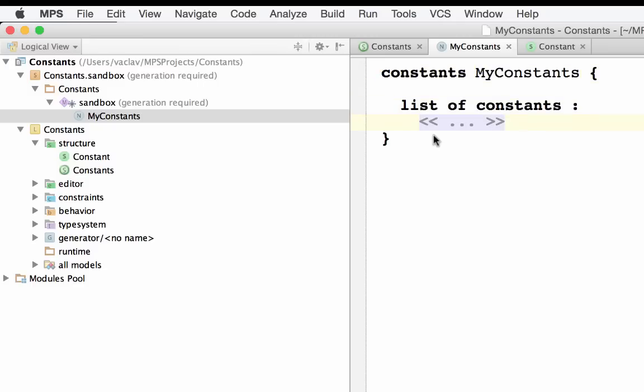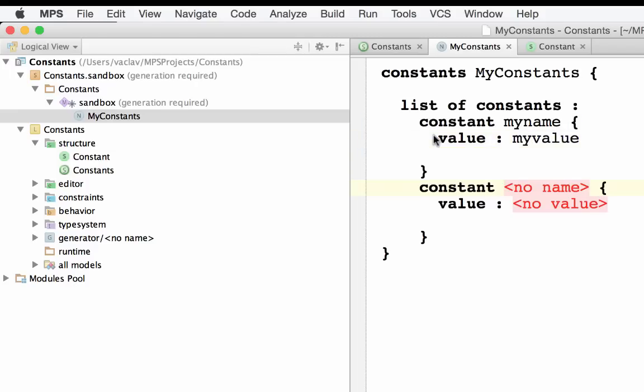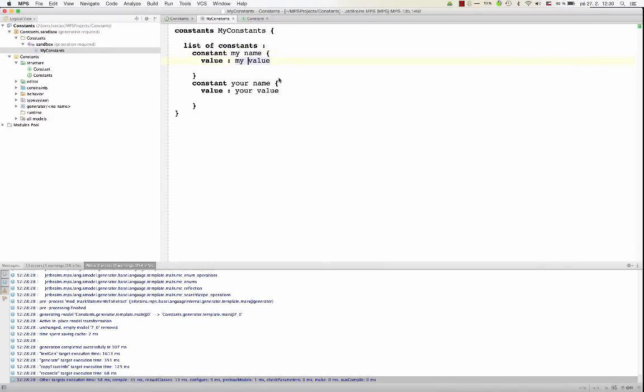And now here's the list of constants that I can create inside this list of constants. So if I hit enter, now I get a new empty constant ready. So I can give it some name and a value. And I can hit enter again. And I can provide another name and value. So far, so good. Now, the next step typically you do when you design a language is to customize the